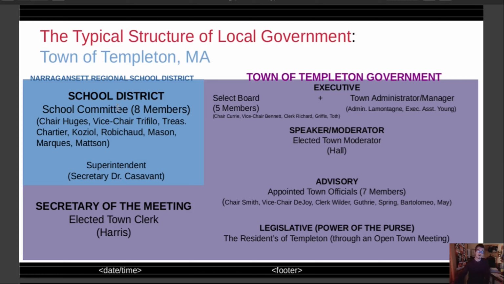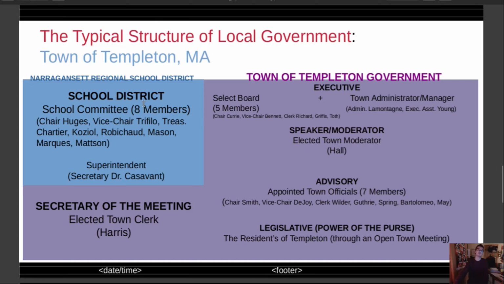There's also groups that put their budgets into annual town budgets that get voted on, but technically a school district is its own municipality, but they don't have the power of the purse like the town does. They do have limited, if they're getting grants and stuff, they can determine where those monies go. But when they're getting money from the town, they have to approach the town at the town meeting.